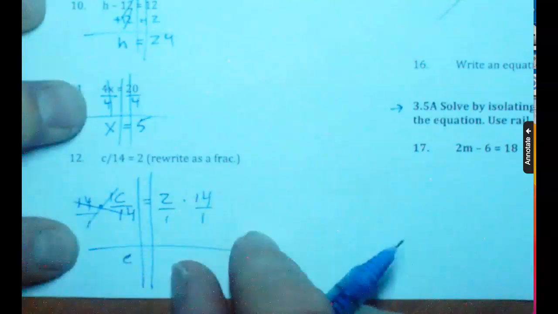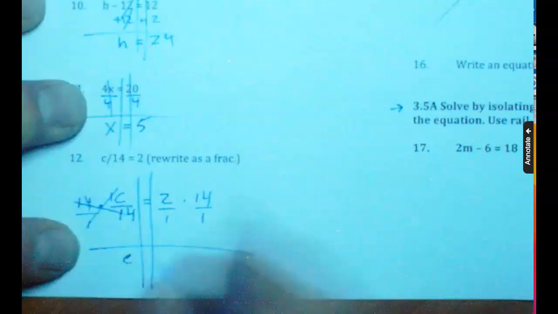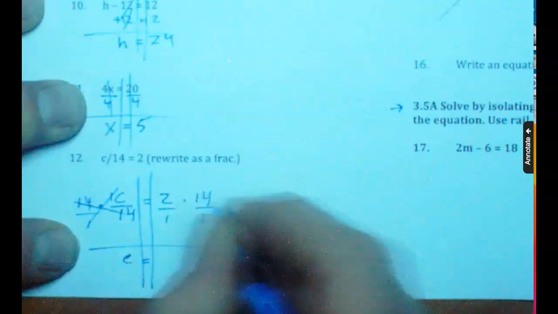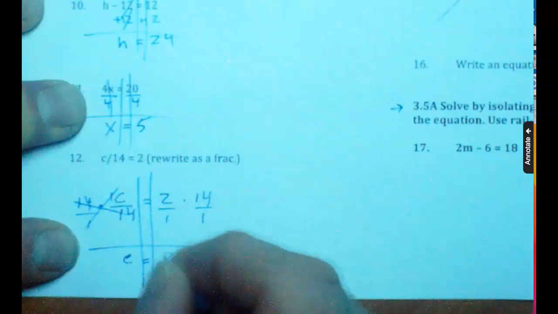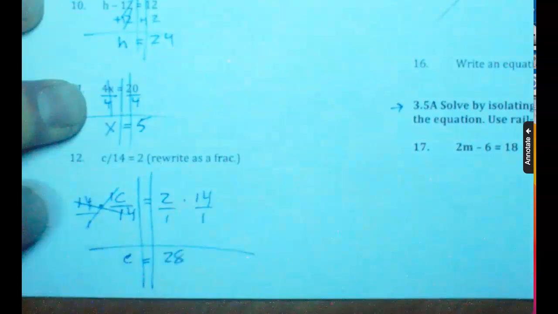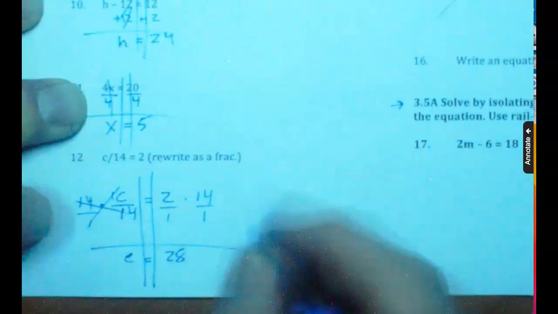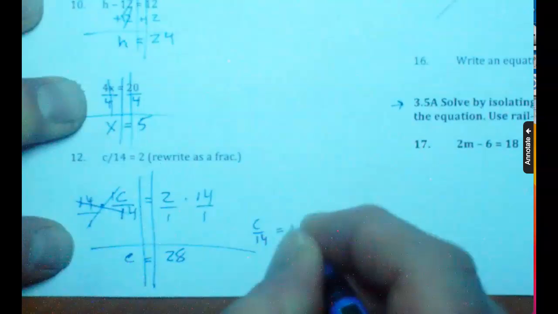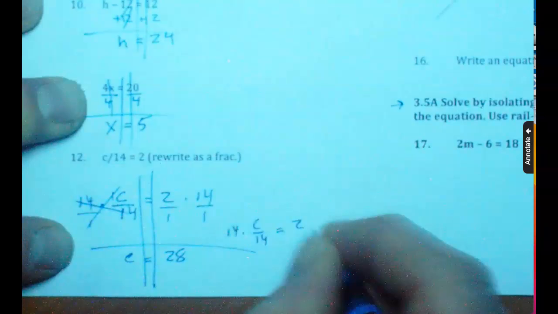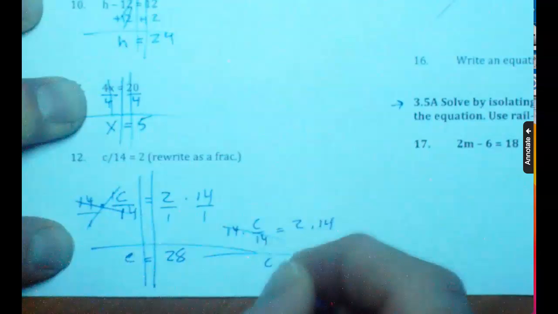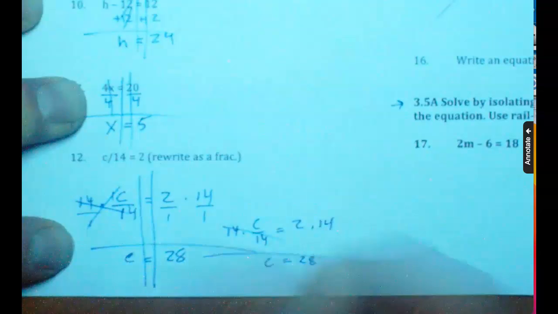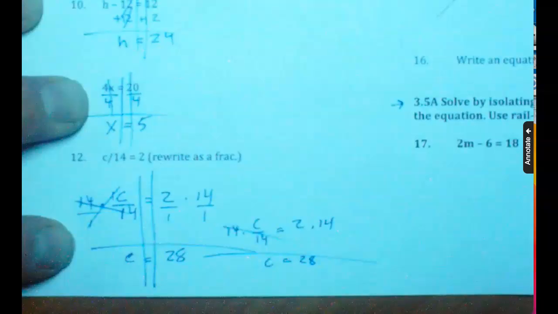You'll have isolated c, and that equals, well, this would be 2 times 14, which is 28, divided by 1, which is just 28. Okay? I usually don't do all that. I usually just do c divided by 14 equals 2, and I just multiply by 14 here. I multiply by 14 here. C is isolated in 28. But it's kind of nice to put the ones there if you're not sure why that works. Okay,